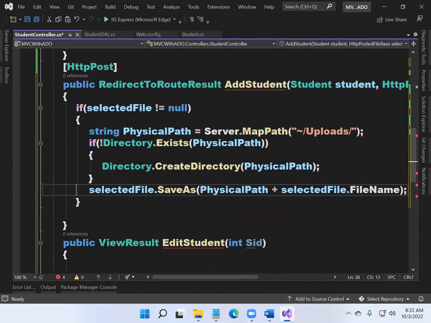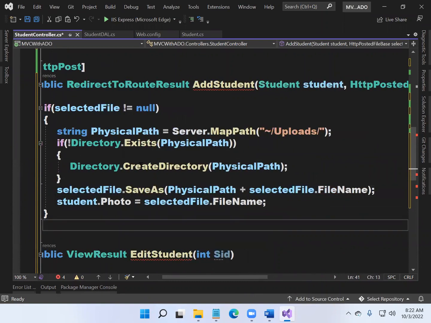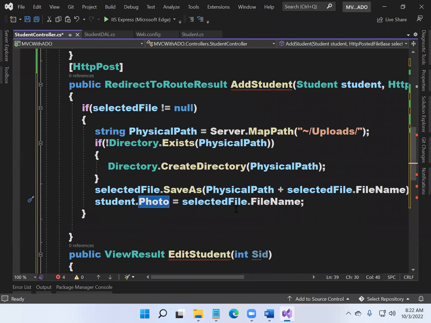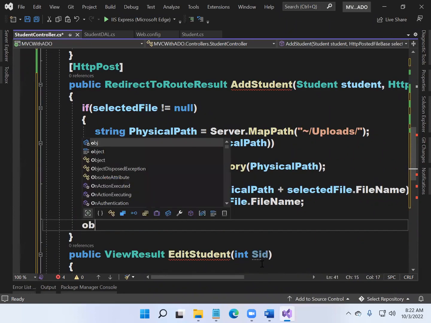Once the save is completed, you will be assigning photo is equals to file name. If it doesn't enter the if condition, this is null. Otherwise, it will have the file name. What next? Obj dot